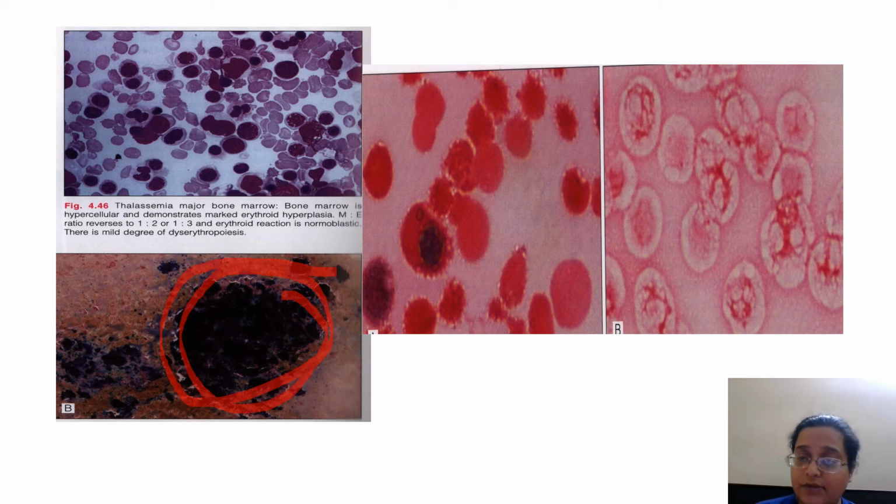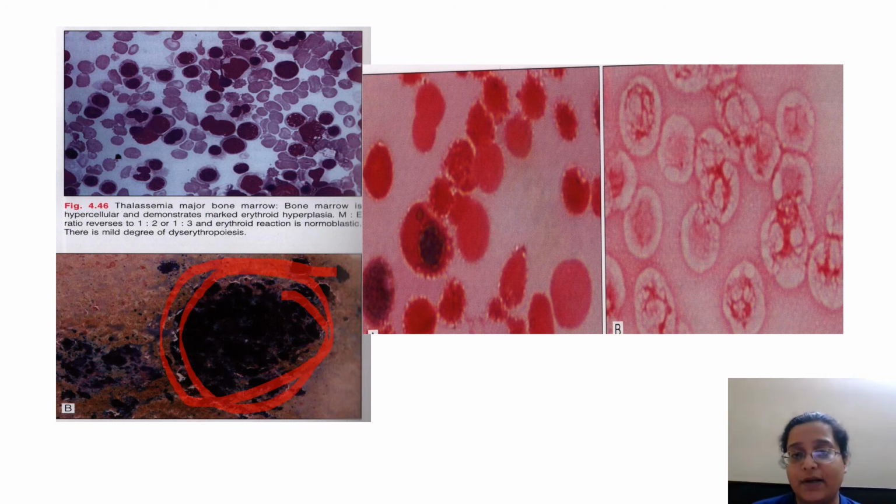Sometimes the side effect of this multiple transfusion and iron overload can be bone marrow failure. The marrow will stop responding. There can be arrest and the cell count might become low, and if you don't have a proper history you might confuse it with pancytopenia. You might start looking for leukemias, aplastic anemias in a simple case of thalassemia with iron overload.